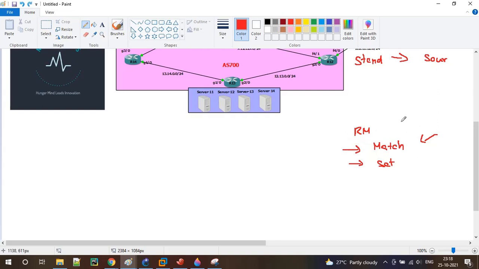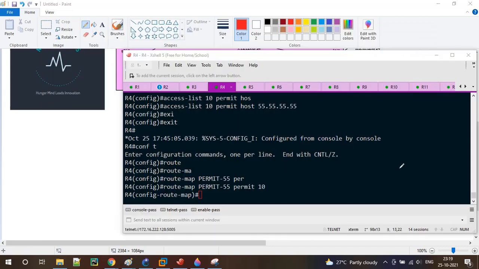Now I am going to match my ACL, so that if any traffic is matching that defined access control list 10, then I will be setting a weight of 100. If I'm not receiving any traffic matching this ACL, I'm not going to set anything, right?